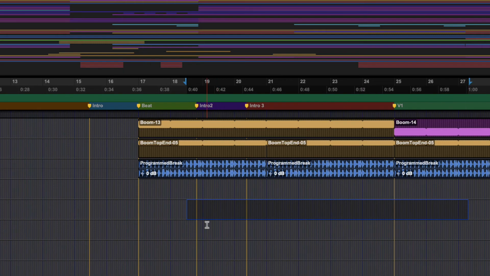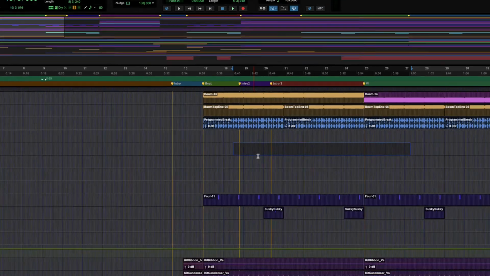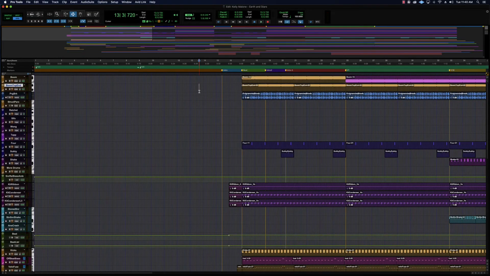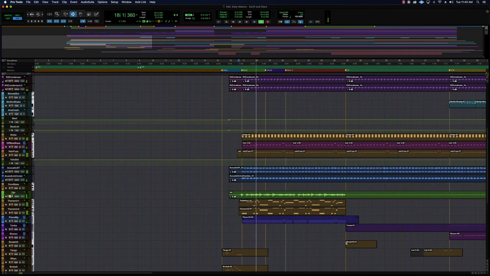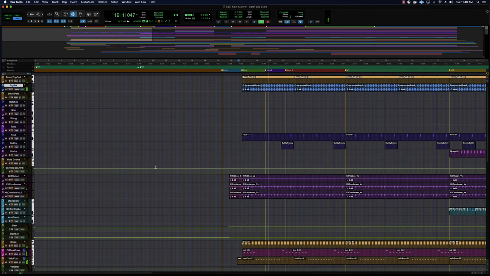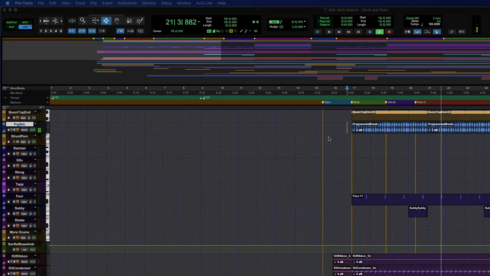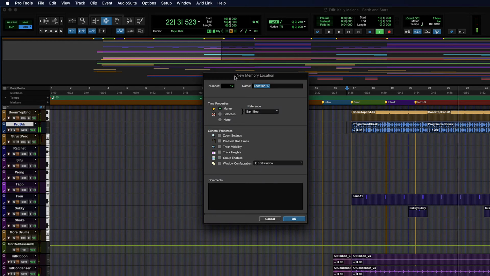And that works with the selection too. It'll just pick the beginning of your selection. You can also do this during recording or playback. So say you're listening back to something, and it's still just soloing that guitar track, right? But say we hear an error right here, and we go, oh, we're going to need to come back and edit that. So I hit the enter key, the dialog box will come up, but playback will not stop,